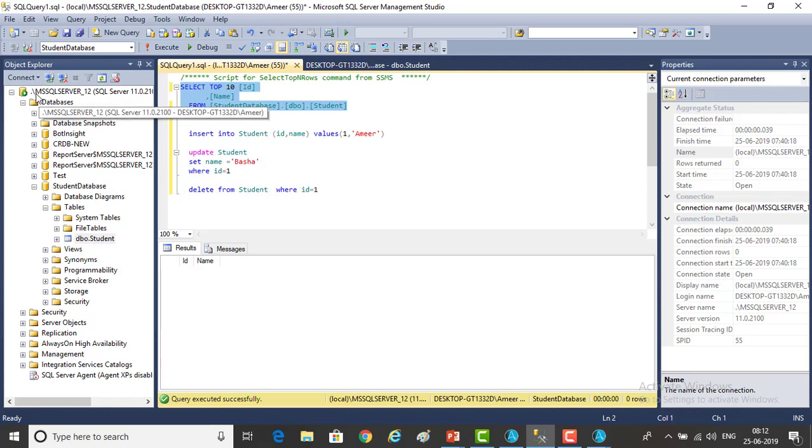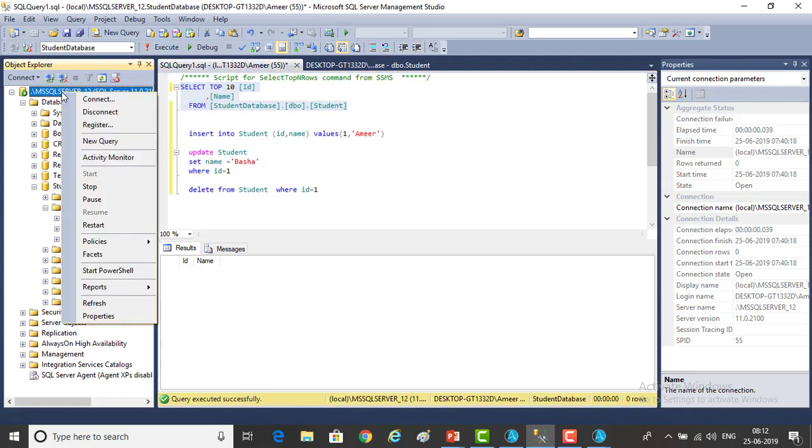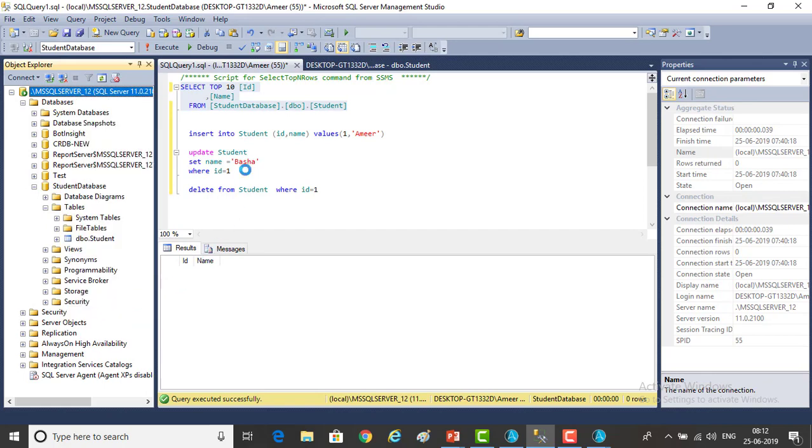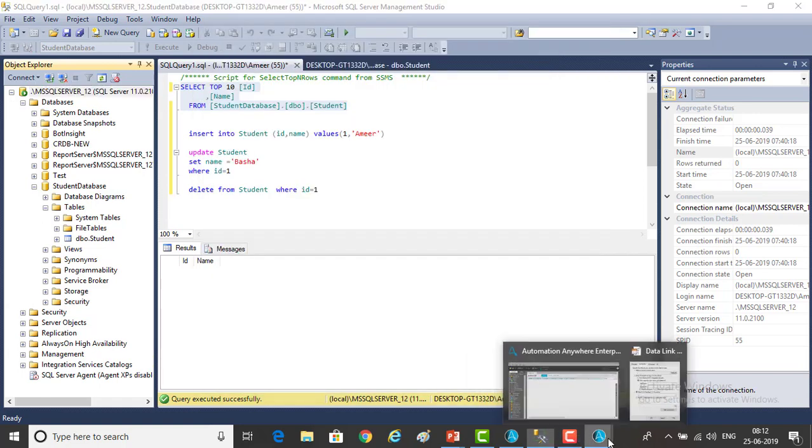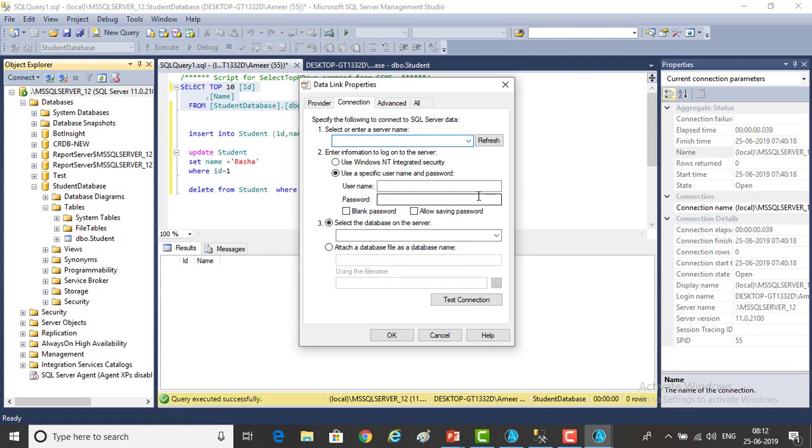If you see over here, at the starting time I have given this, these are the properties, correct? These are the connections that I have given. Let me go ahead to the properties, and you can see the name again. You can see this entire name that I have given. Okay, I'm just copy pasting that, or else we can give it, and if you don't remember this desktop name, you can